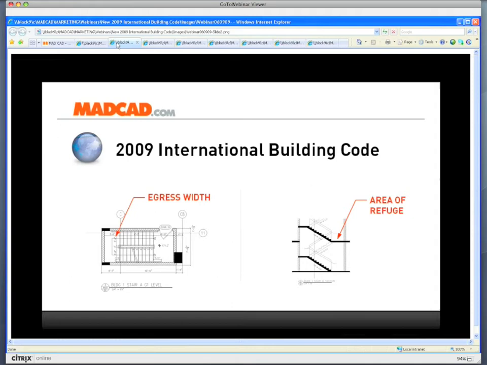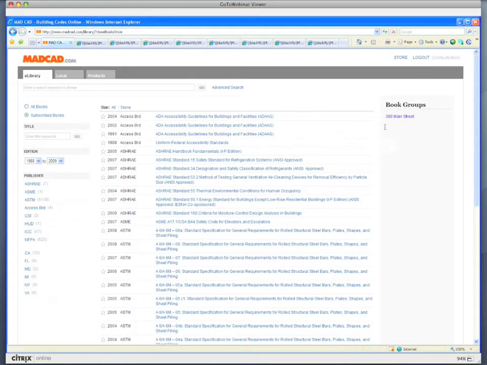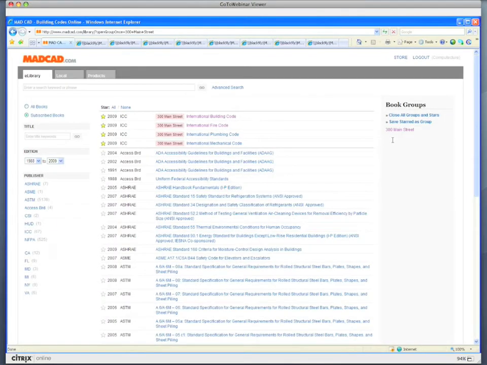In the 2009 IBC, we will look into the minimum egress width and area of refuge requirements in an accessible exit stairway. So let's start our research for the minimum egress width requirement in the IBC. First, I'm going to open our book group for the project by clicking on the book group here on the right. And now that I have the 4 books that I'm going to be using in this research open,